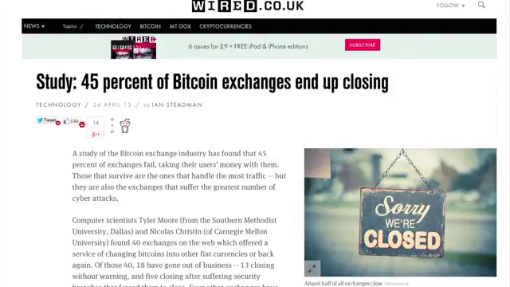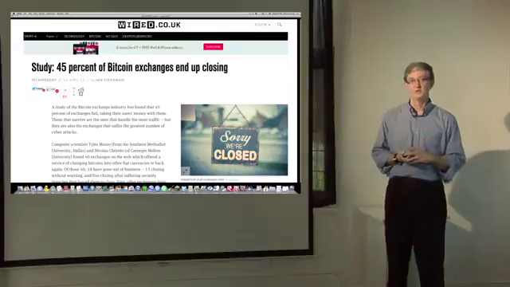The most famous example of this, of course, is Mt. Gox. Mt. Gox was at one time the largest Bitcoin exchange, and it eventually found itself insolvent, that is, unable to pay out the money that it owed. And Mt. Gox was a Japanese company, and it ended up declaring bankruptcy,